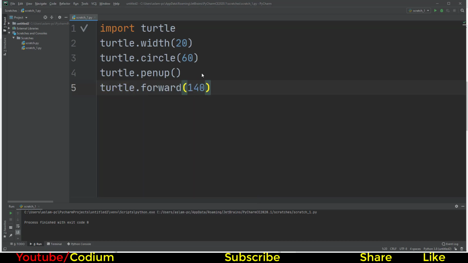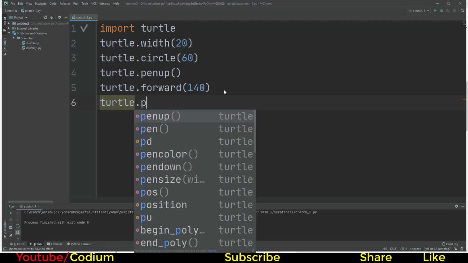Okay, now the turtle moves 140 pixels like this. After the first circle is created, it moves 140 distance but without writing. Then pen down for writing: turtle dot pendown.